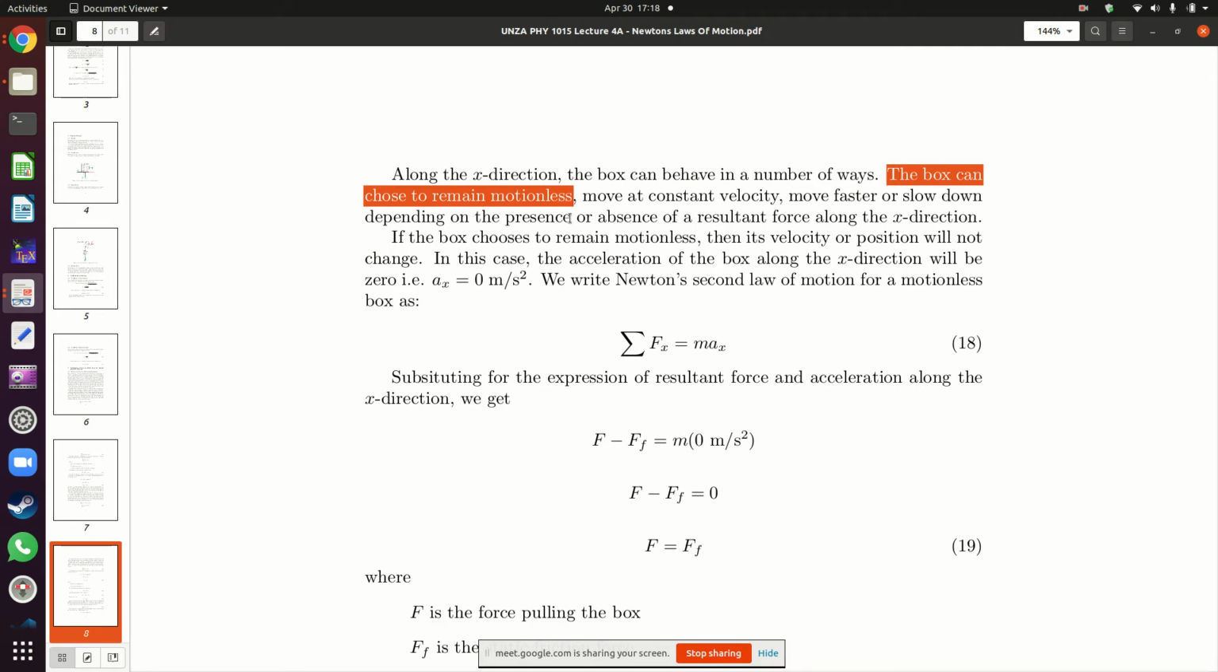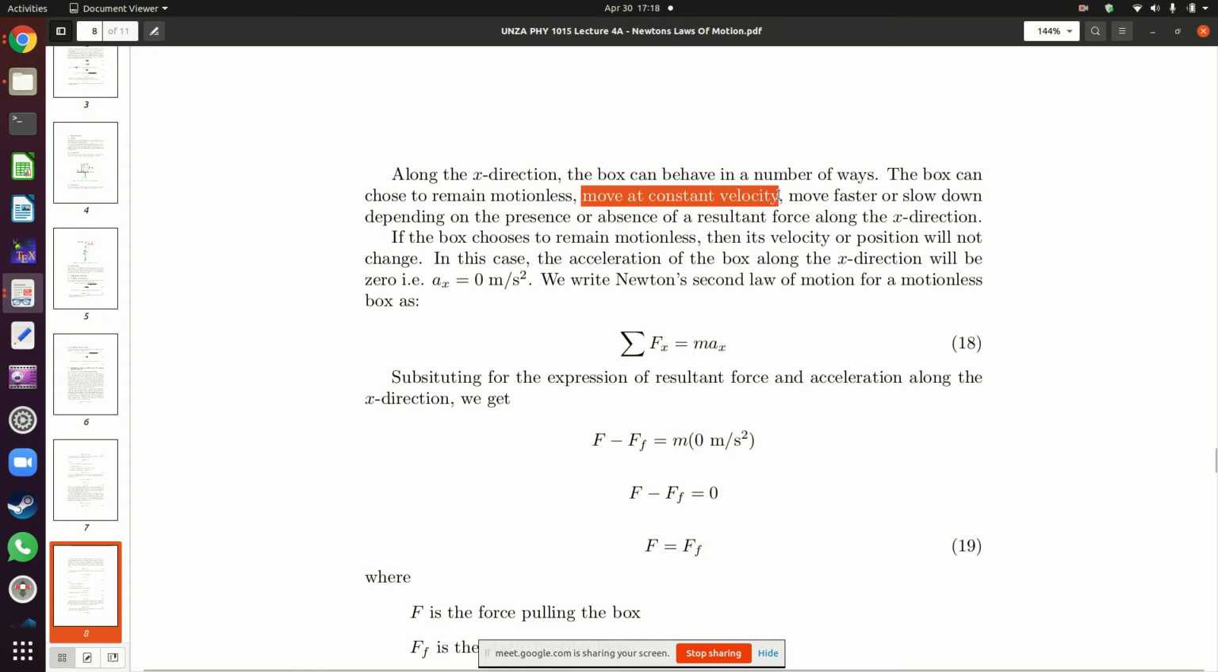Or if the box moves at constant velocity. Under these two circumstances, if the box does not move, or if the box moves under constant velocity, then the acceleration is equal to 0. So if the box remains motionless or remains at rest, or the box moves but with a constant velocity, under these two situations, then the acceleration along the x direction is going to be